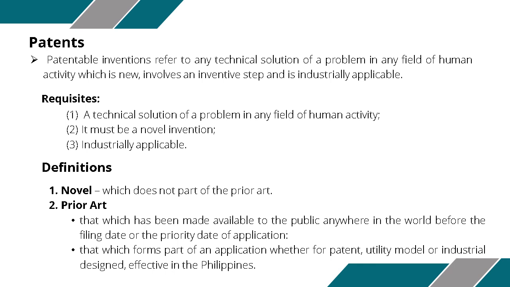Now, definition. What do you mean by novel? Which does not form part of prior art. Something which is new. We say novel, meaning something which is new. Something which has not been explored before. That is novelty. Prior art is that which has been made available to the public anywhere in the world before the filing date or the priority date of application. Prior art means when there is already that kind of art and you are applying now. There are already inventions like that. That which forms part of the application, whether for patent, utility model, or industrial design, which is